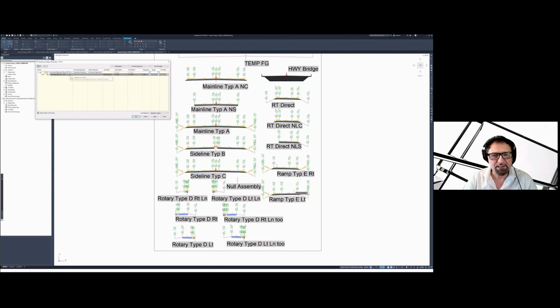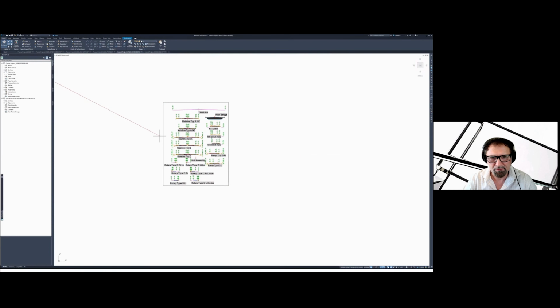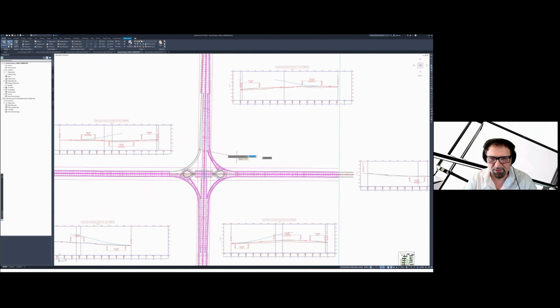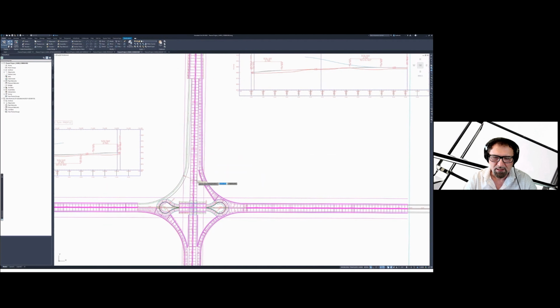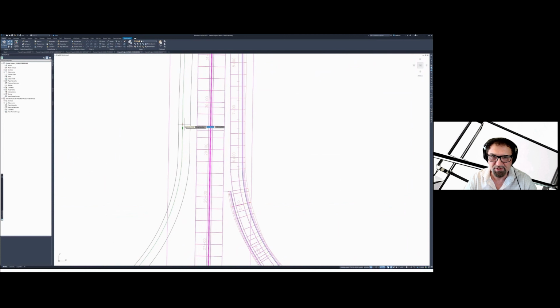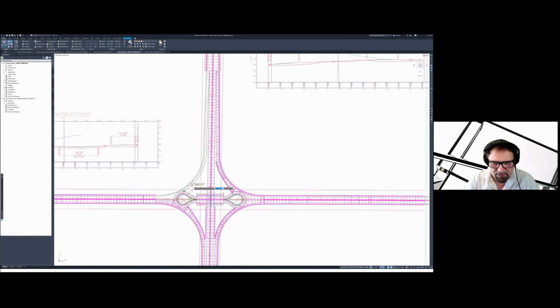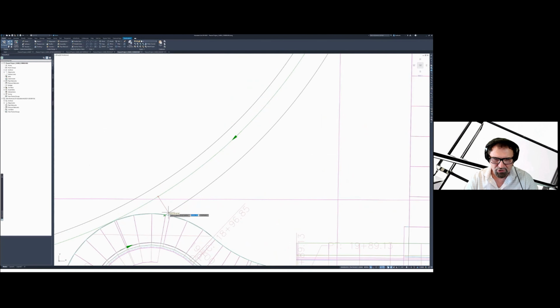Then I'll go in there and split this corridor into multiple regions. So everything comes into one region, but I'm going to go and split that into multiple regions. So simply for this alignment, I know I'm going to have first region somewhere here. Now, I don't know exactly, this will give me a clue on the opposite side, but I'm going to say, let's say somewhere here, matching that where most likely we have a beginning of a retaining wall. So that's going to be first. The second one is going to be somewhere really close to where it joins with the, let's change that to apparent intersection, where it joins with the rotary.